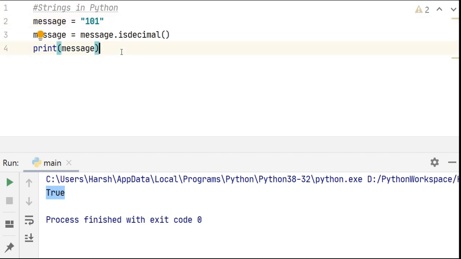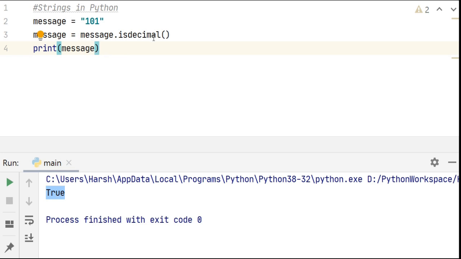So these were a few built-in string methods. Cool, right? This brings us to the next topic, string operations. The first one is concatenation. To concatenate means to combine different strings together. So if I have hello as one string and world as another, and we want to join these two strings together, in Python we can do it using the concatenation operator, which is denoted by the plus sign.